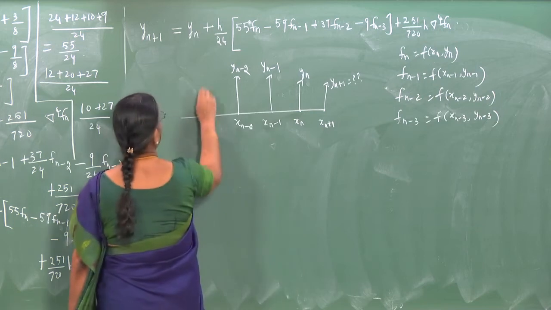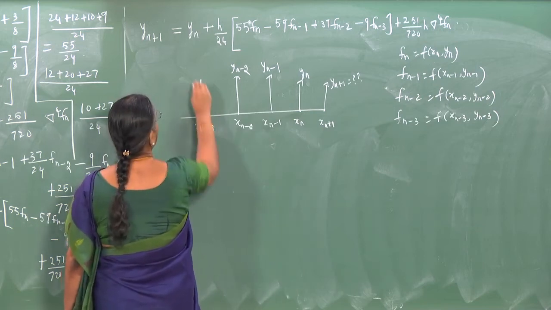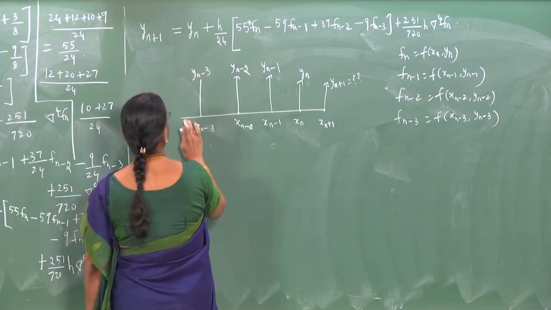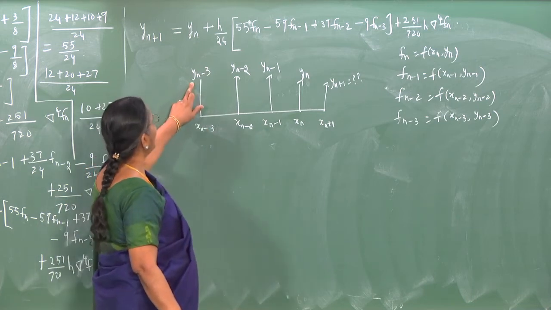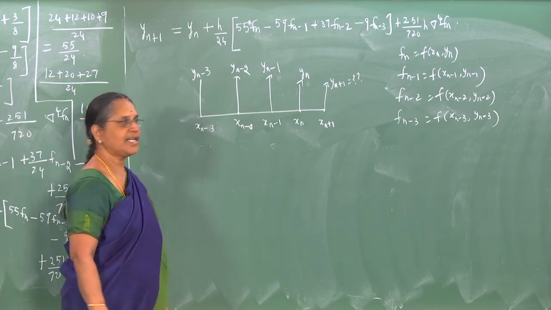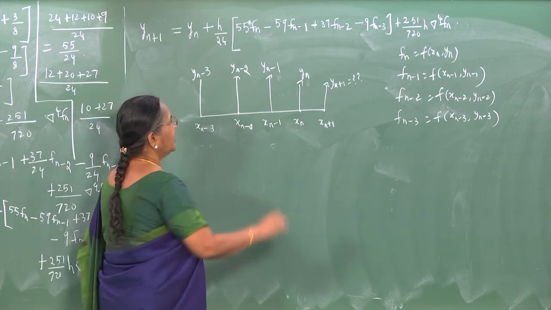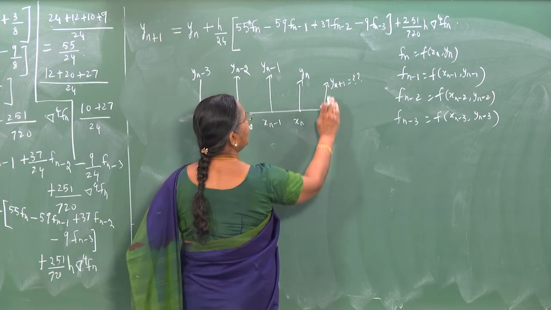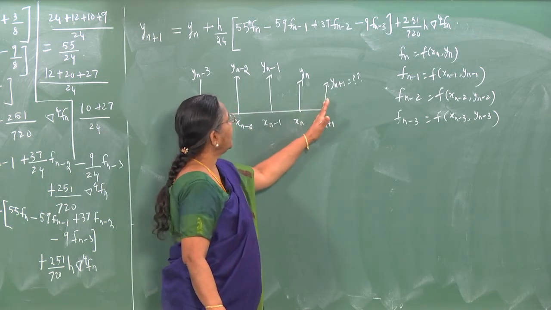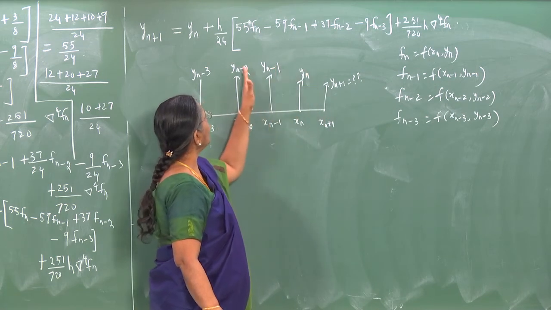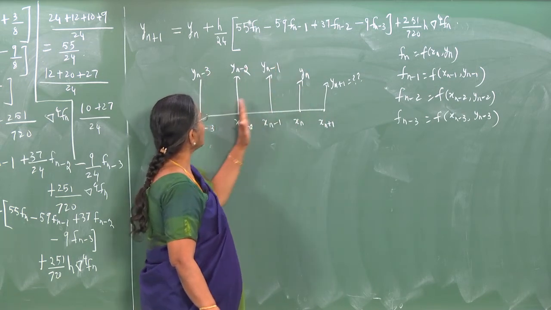So, that is going to be obtained by using the information at xn minus 3, where the solution is yn minus 3. So, in order to get the solution at xn plus 1, you require information about yn at the previous 4